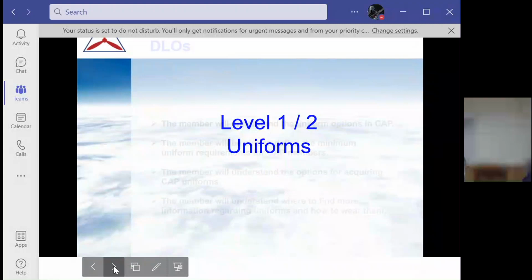And last one, this is for if you are a cadet, which you weren't. But since you have a cadet, might as well go over it anyways. Discuss primary differences between cadet and uniforms worn by senior members. Discuss the weight and grooming requirements to wear USAF style uniforms. Finally,